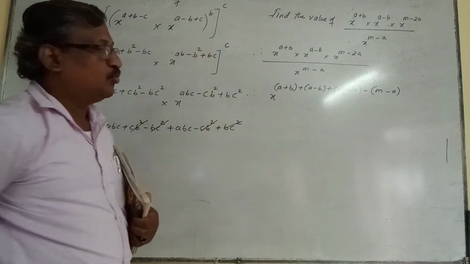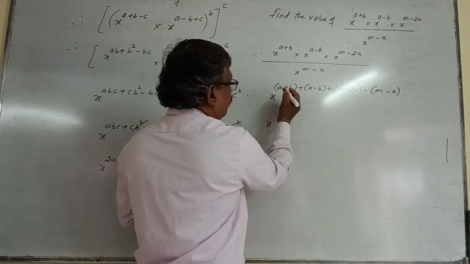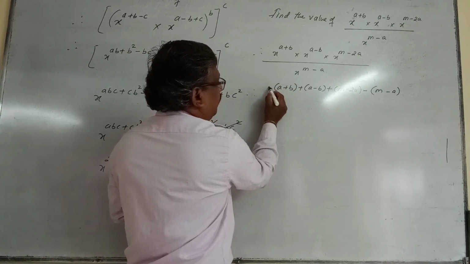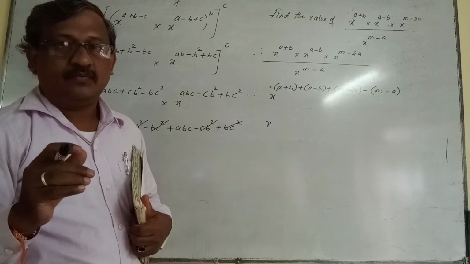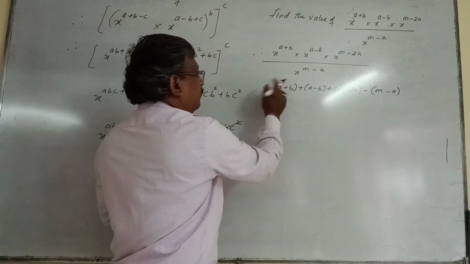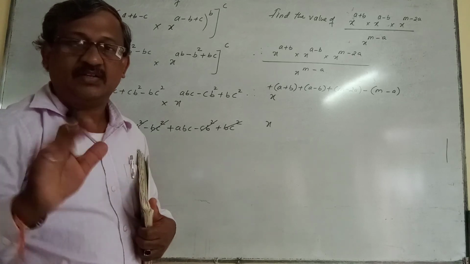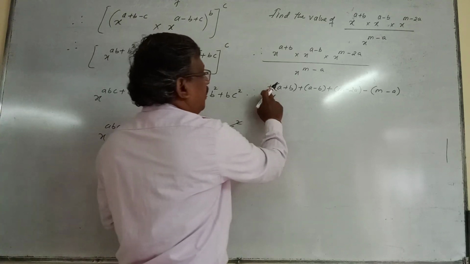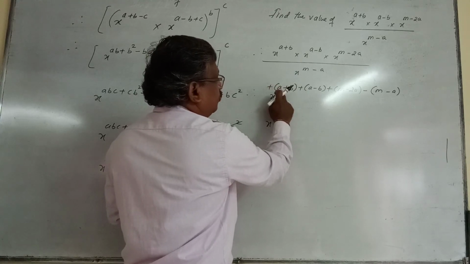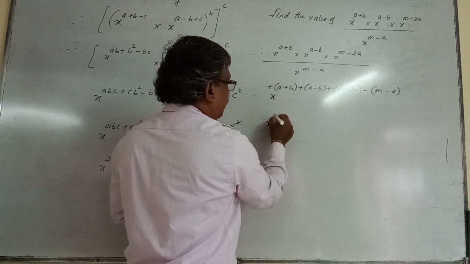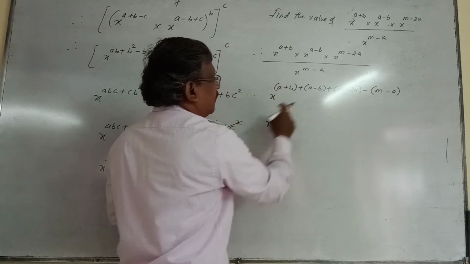Now first what you do, you open the brackets. So it is x raised to. Now outside the bracket which sign do you find here? Here the sign is not mentioned, means we assume that it is a plus. So you multiply this sign to the signs inside the bracket. Plus into plus a is plus a. Plus into plus b is plus b. Right? If you open this bracket.